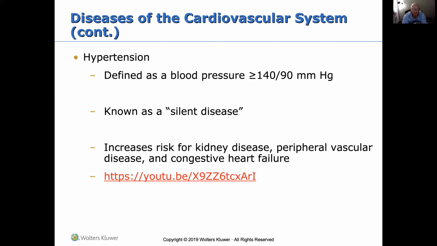Most people don't. You'll go to the doctor and have high blood pressure, and they're like, well, when's the last time you took your blood pressure? And your answer is, well, it's the last time you took it. A lot of times you don't feel a whole lot different or anything. So just something to keep in mind, it increases the risk for kidney disease, peripheral vascular disease, and congestive heart